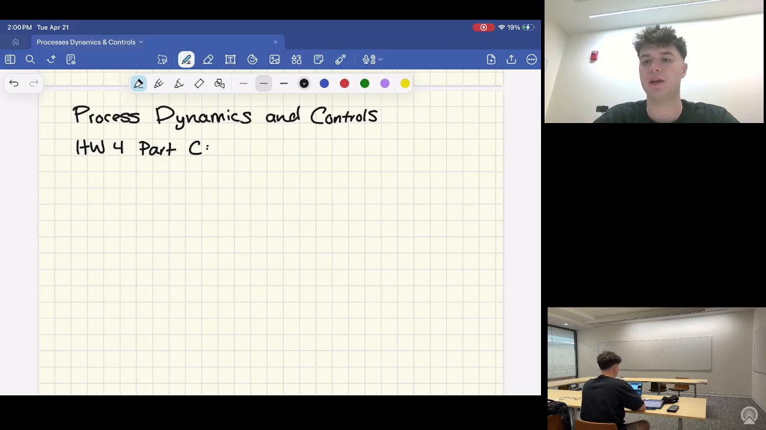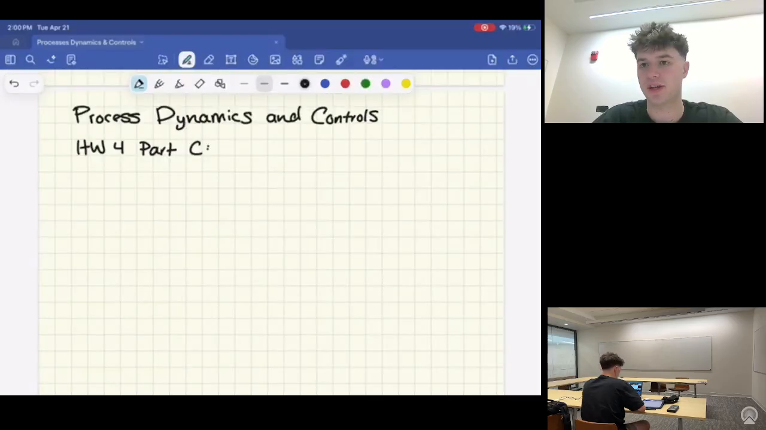Today I will be completing a process dynamics and control homework problem, homework 4, problem set part C. Before we begin, I want to read everyone the problem statement so we are all on the same page. First, we will draw and explain the block diagram for a Smith predictor controlled system with dead time. Second, we will derive the closed loop response of a Smith predictor controlled system to changes in set